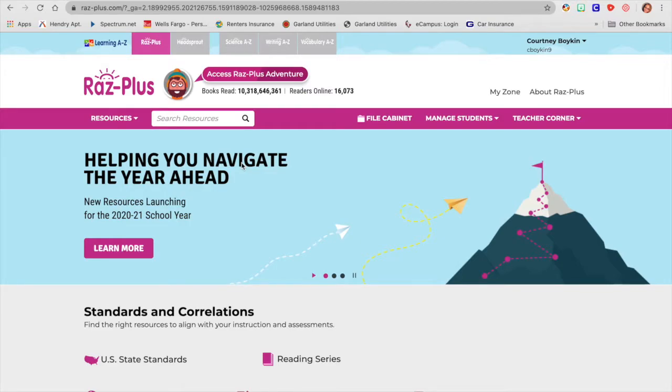Today we are looking at our Raz Plus platform. So today what we will look at, we are going to assign a running record. We are actually going to look at a kid's point of view as well to see what it looks like when it pops up on their screen. And then we're going to come back to our teacher dashboard and we are going to grade the running record